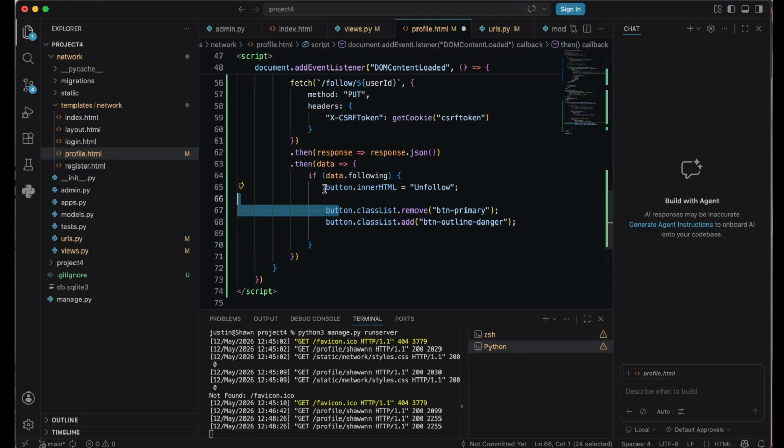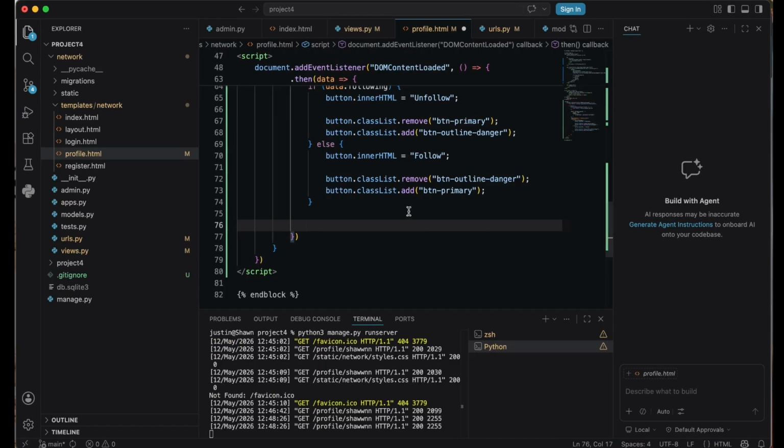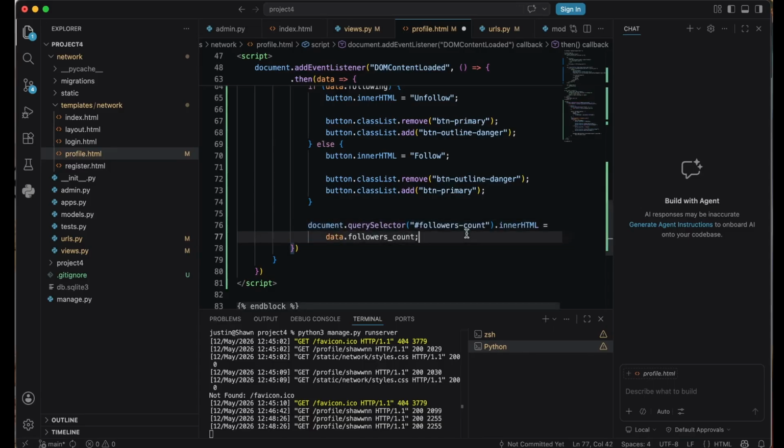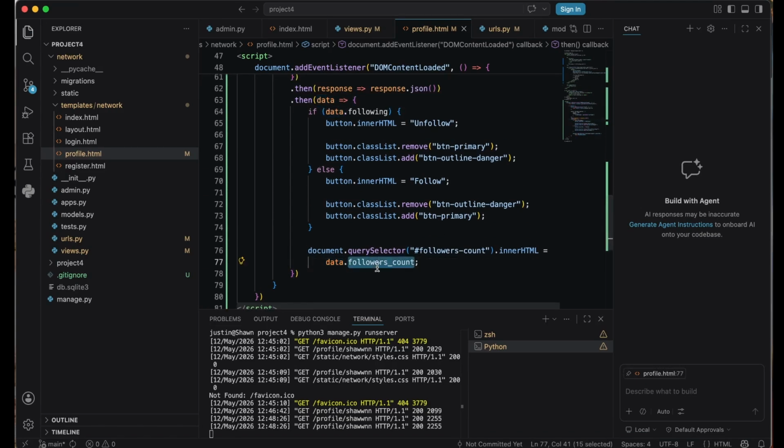So if there is really data and it has a following prop, we're gonna show our button innerHTML as Unfollow, and we're gonna remove the class btn-primary and change it to btn-outline-danger, else, if this is false, we're gonna do the opposite. And we're gonna call our followers count and update its count by calling for our data.followers_count.